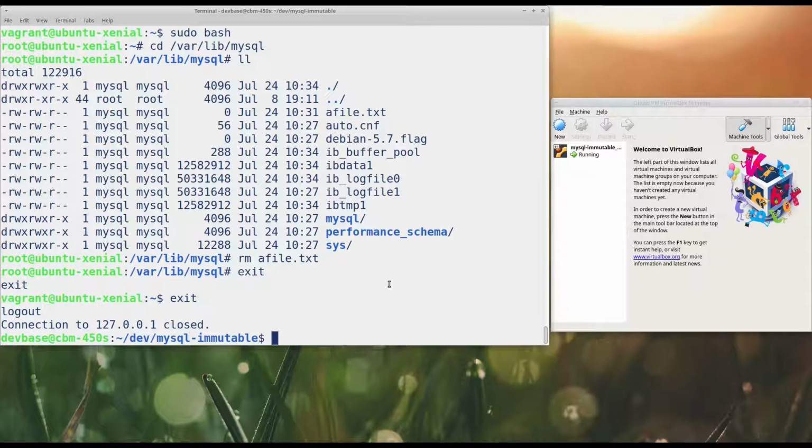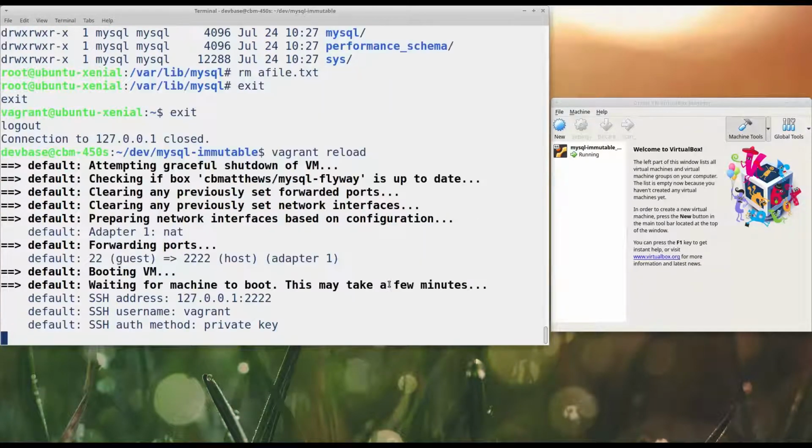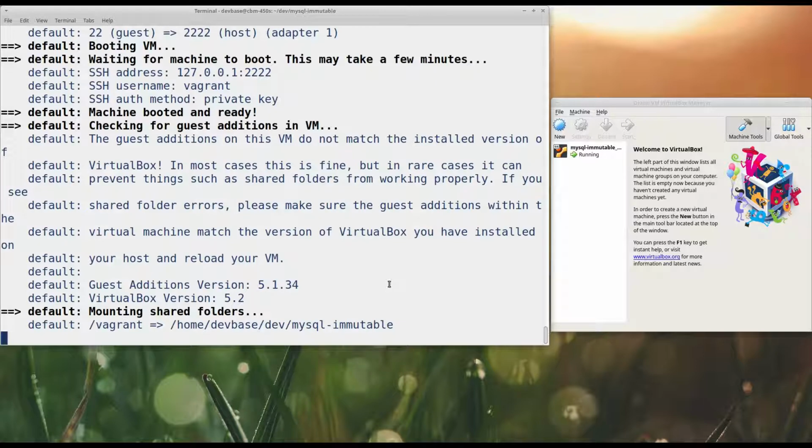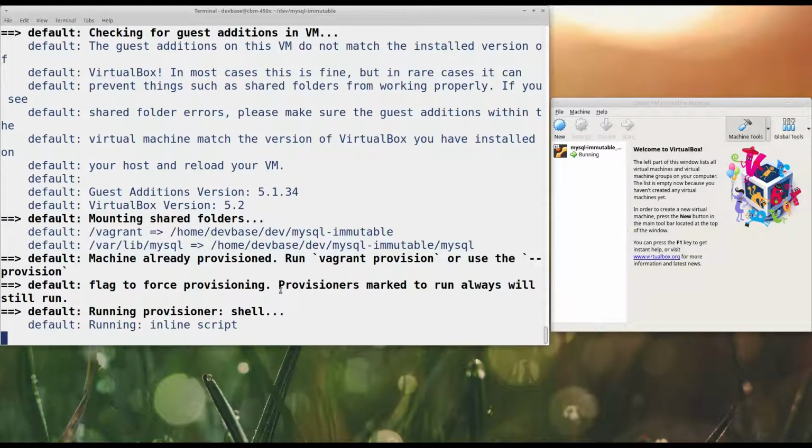So if we do a vagrant reload, here we're mounting, and right after that I'm running my inline script, which does a restart on the MySQL server. So if I go into the box,